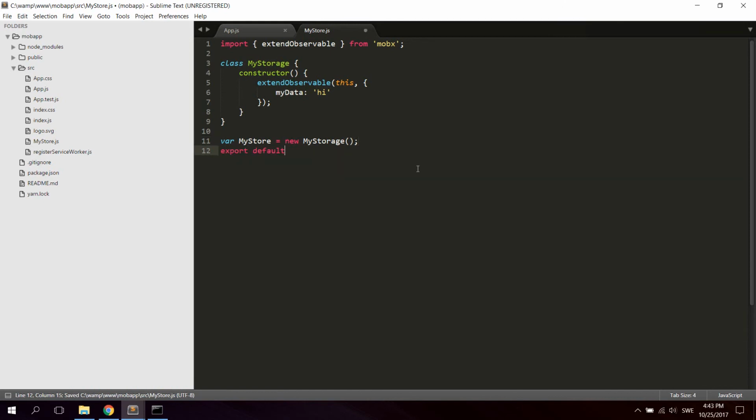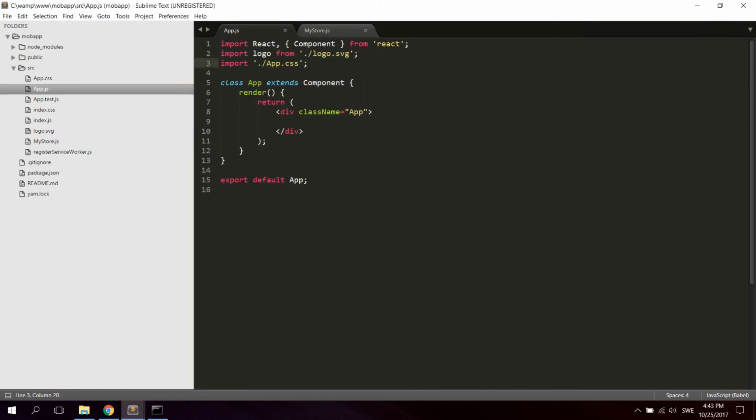And then we just gonna export it, export default, the variable we just set, my store. And that's it. Our Mobx store is ready to be used. So open up app.js, and we're gonna